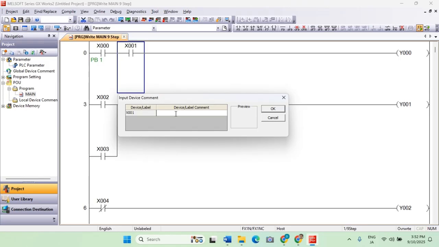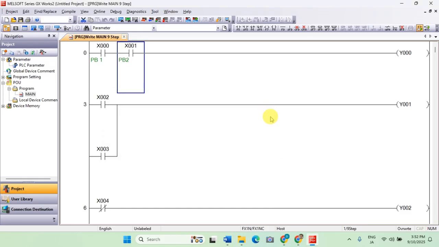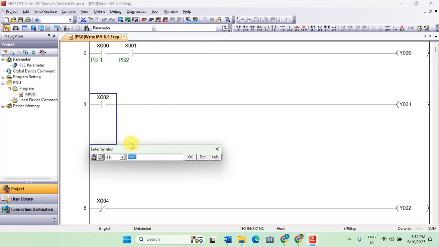So let's say this is push button 2. Right now I'm going to untoggle that one. When I double click here, what I can do now is change the input address. So let's say X005.